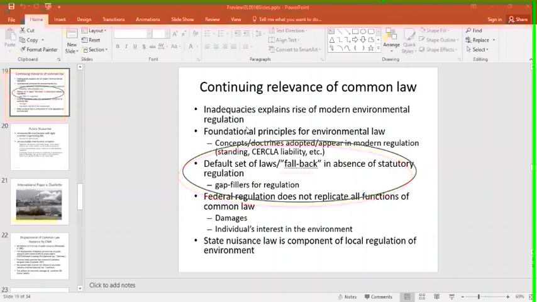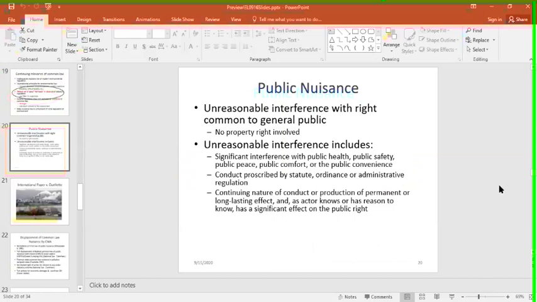I'm going to go ahead and share my slide here to provide a little bit of background context. As I mentioned, these public nuisance doctrines and other common law doctrines remain operative as fallbacks or gap filler principles when the statutory system has not addressed a particular environmental issue. Now, one other brief review note here, and that is public nuisance doctrine itself. We've talked about this in prior lectures, but just as a reminder, public nuisance is essentially the unreasonable interference with